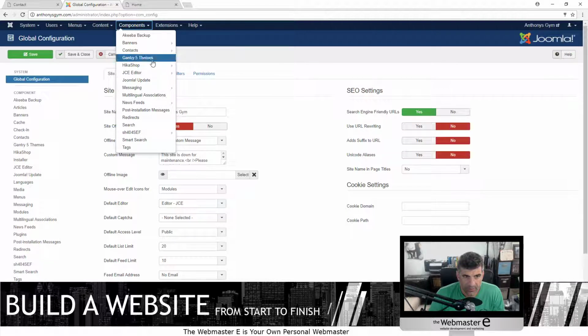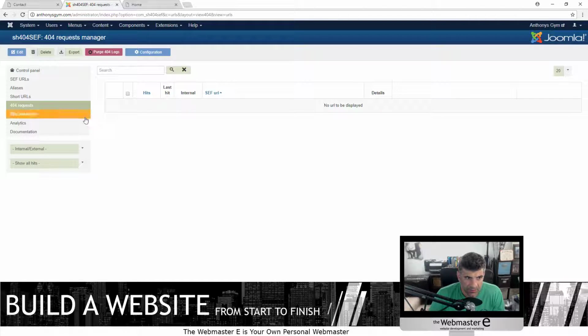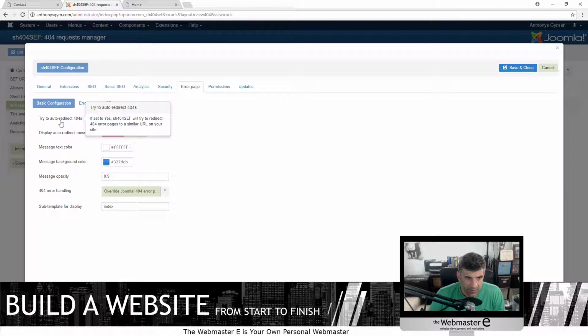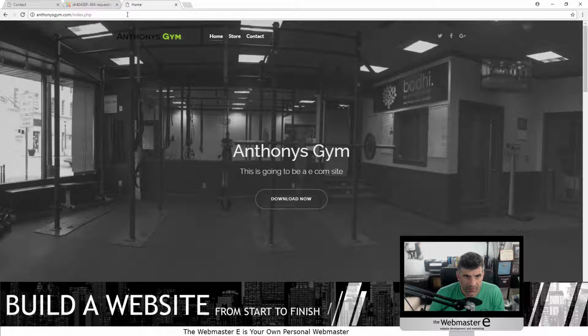Let's go into the component then. So this component must be taking over the error page configuration. So let's take a 404 request and turn it on. Where's our error pages? Here we go. Try auto redirect. Yeah, so it's auto redirecting. Let's go here. Message it 404 override Joomla. Yeah, see, it's overriding the 404 Joomla error. So here we're going to say use the Joomla 404 error page, and that's it. And now once we say that, it's allowing Joomla to do its normal thing. So from there, it should just